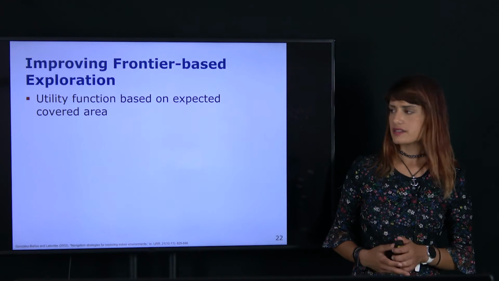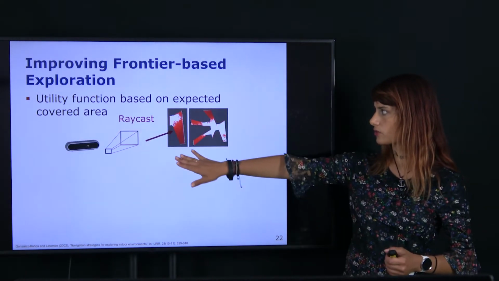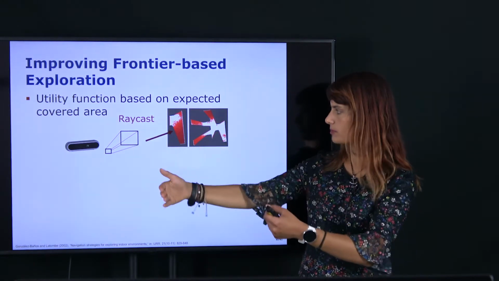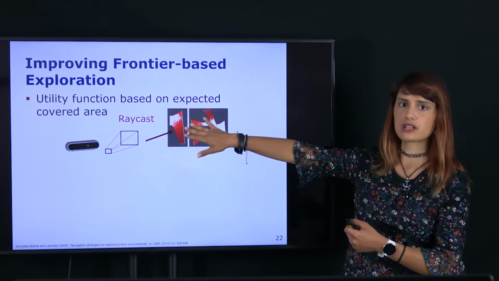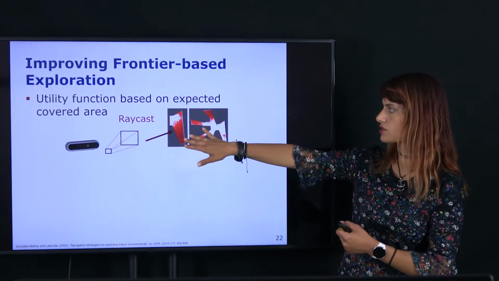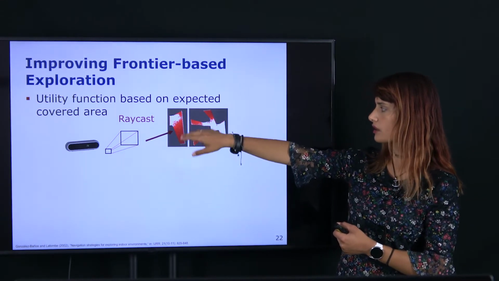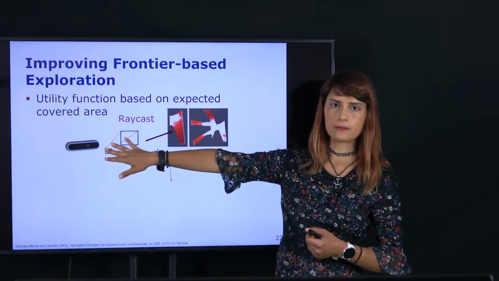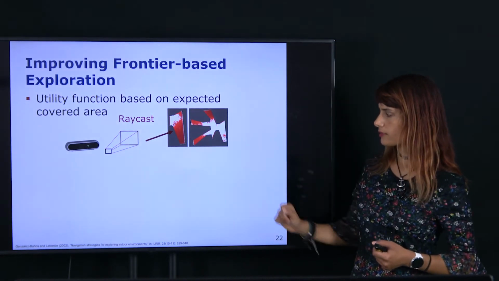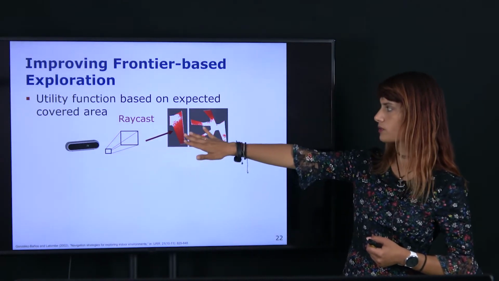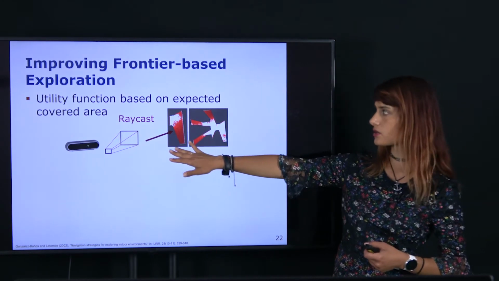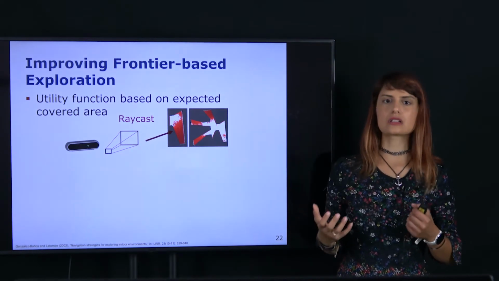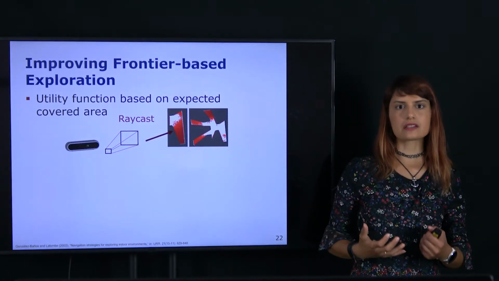One example of this is the camera field of view, where if we have a frontier, we can project the camera receptive field if the robot were to go to that location, and then see the unknown cells that the robot will see if we have this model of our sensor. This procedure of projecting the camera field of view and seeing which cells in the occupancy map are hit is called raycasting, and from this we can then use as an intermediate step to calculate the actual expected information gain,